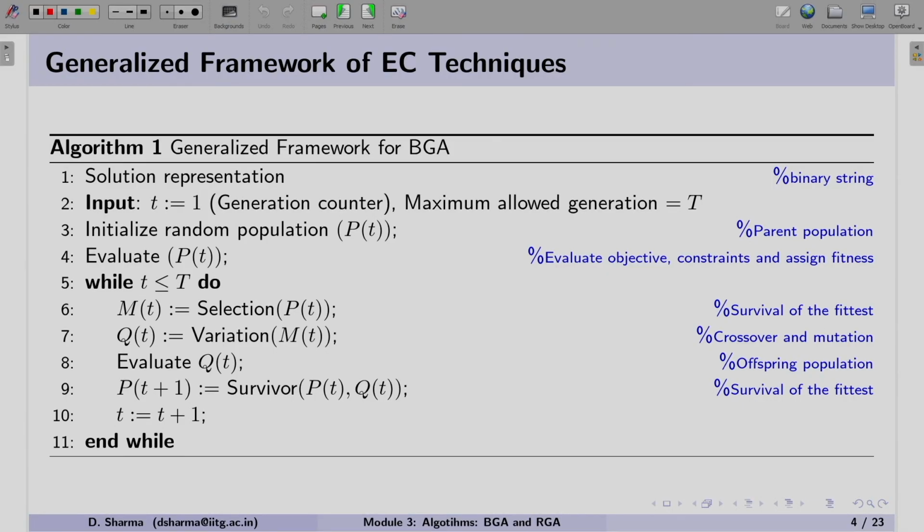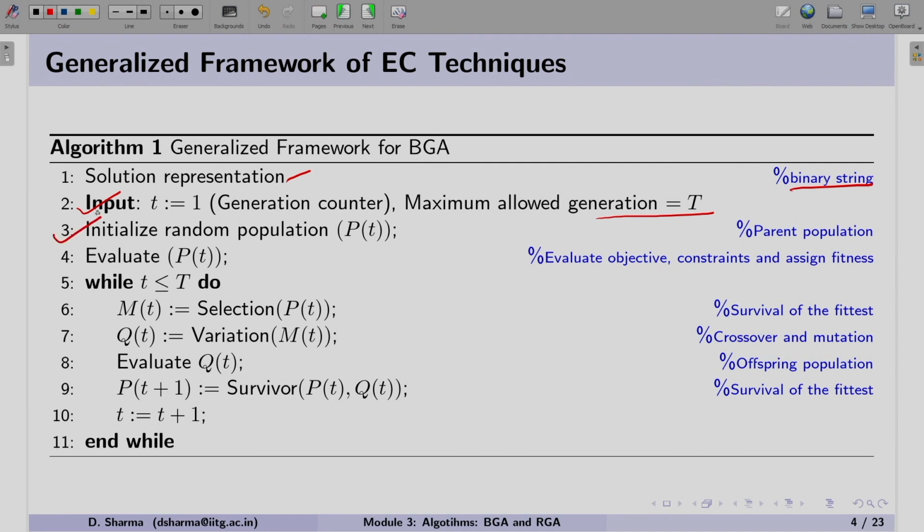So in this framework, as we can see in step 1, we have the solution representation, and once we decide that this is going to be binary for BGA, then we have a set of inputs. In this case, for simplicity, we generally represent 2 inputs, but in the simulation you might have found that there are certain inputs which are required to run our BGA.